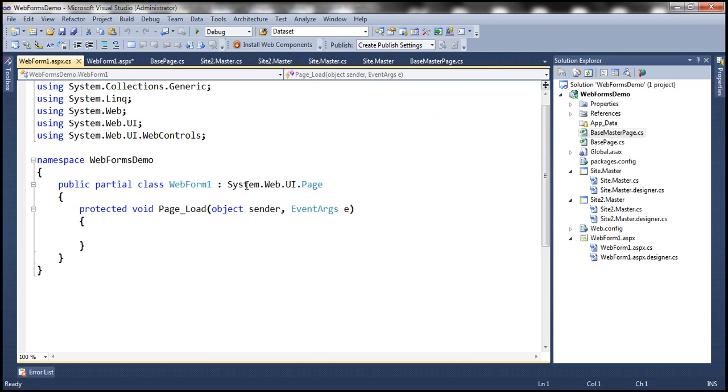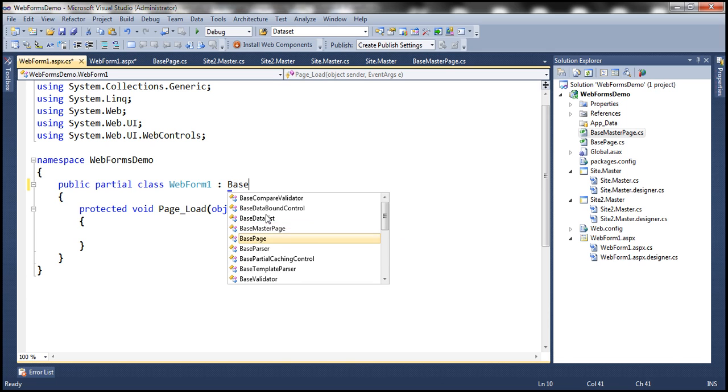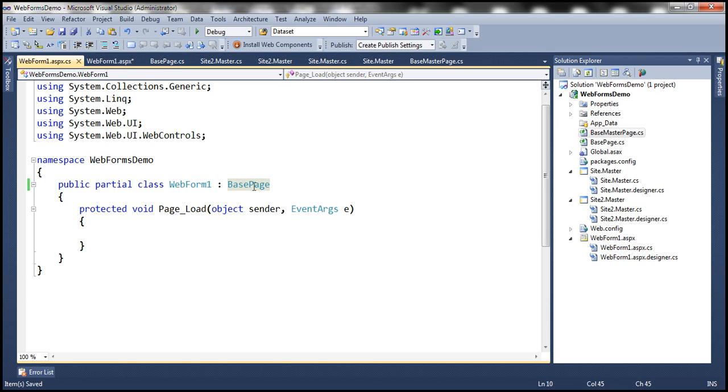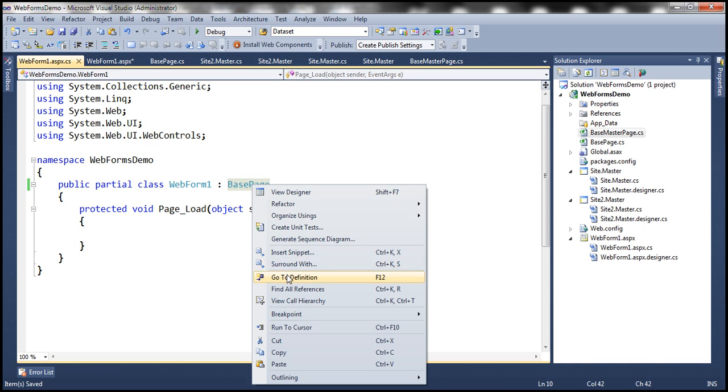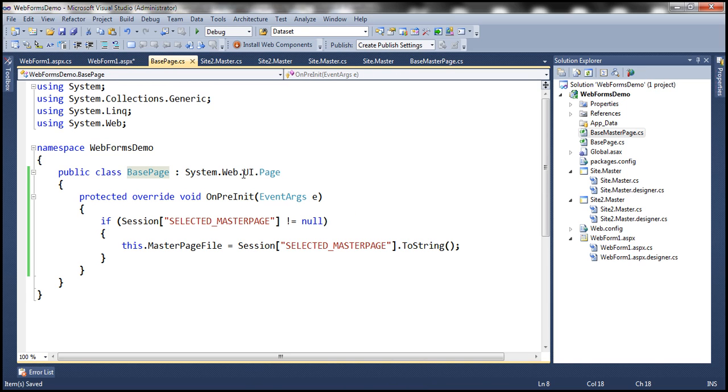Instead of that, we're going to make this class inherit from the BasePage class that we have created. So if you look at this BasePage class, this class is inheriting from System.Web.UI.Page, and in this base page we have overridden the PreInit event. Within the PreInit event, we are setting the master page file dynamically with whatever value that we have stored in the session variable. Okay,